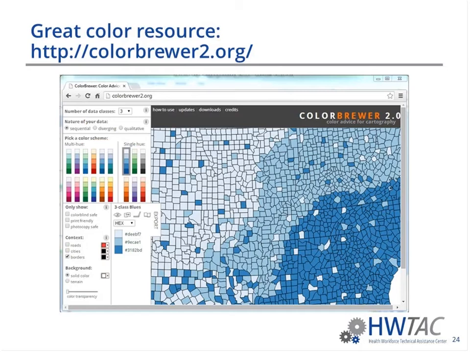At the bottom left of the image, you can check boxes so that it only shows color schemes that are colorblind safe or printer friendly. You can add context, roads, and cities just to see how things will contrast with your color scheme. And then on the right, where it says hex and you have your 3 shades of blue,